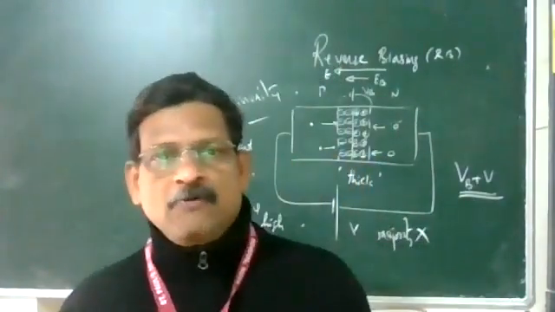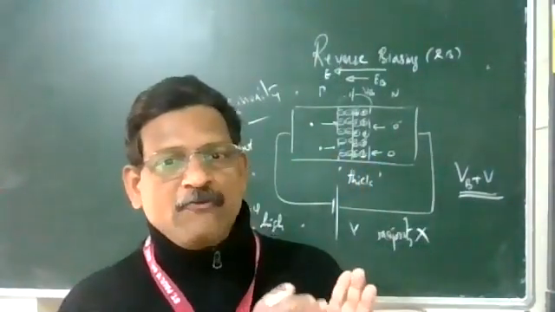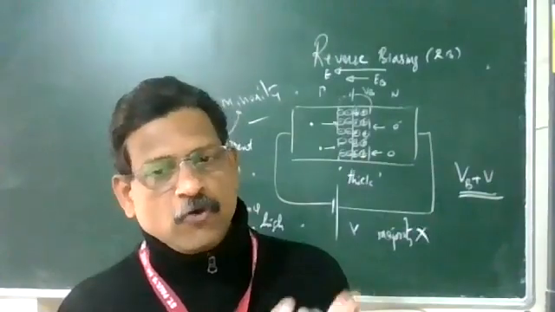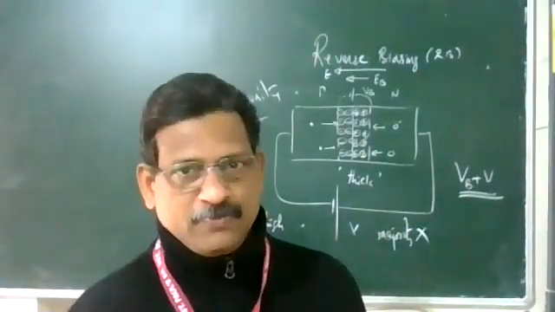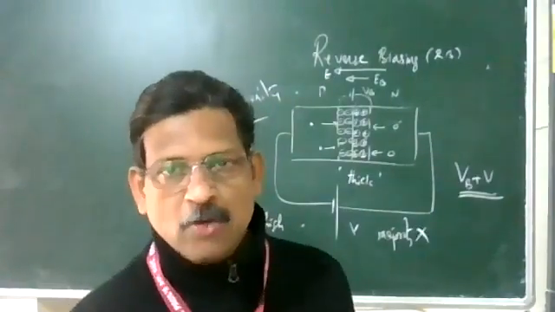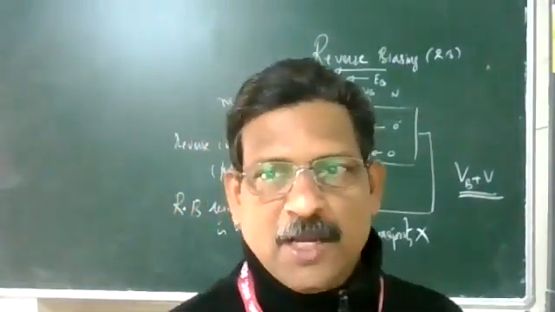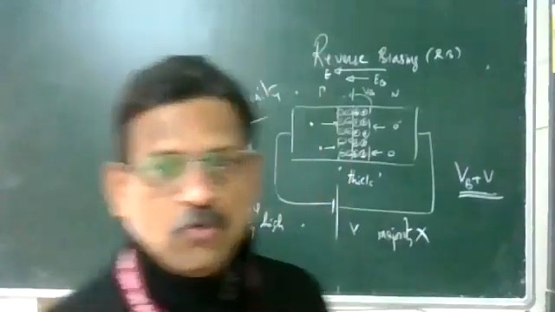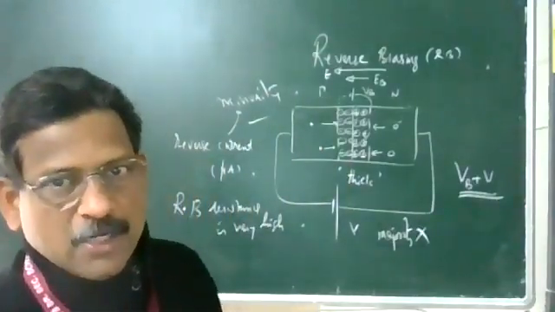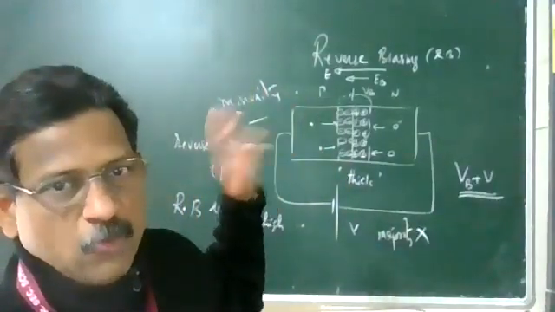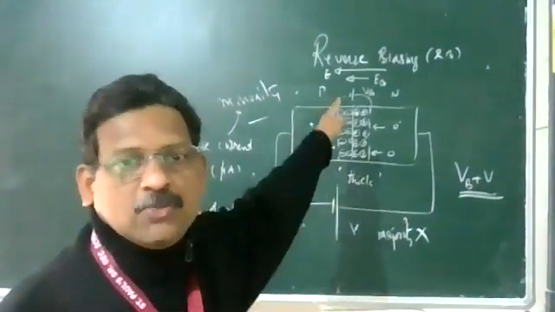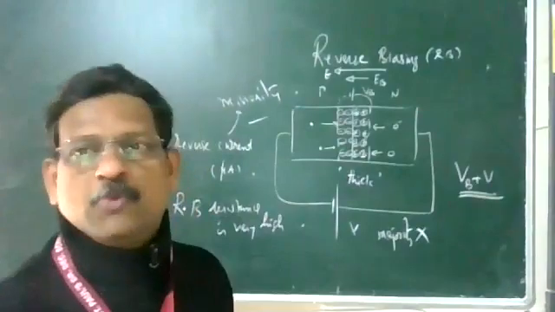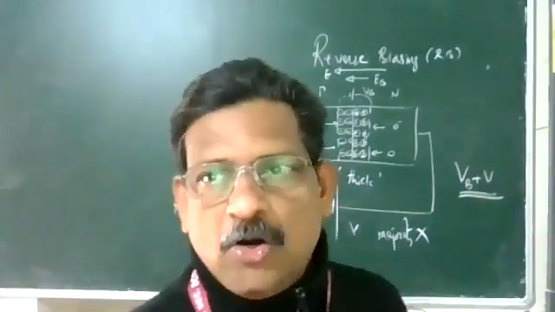Now, what is the meaning of this? You have forward current, forward voltage, reverse current, reverse voltage. You can make a graph, just like the Ohm's law graph, between voltage and current. Similarly, we are going to plot the graph between two voltages and two currents. First, forward bias voltage with the forward current. Next, reverse bias voltage and reverse current. A graph is plotted.